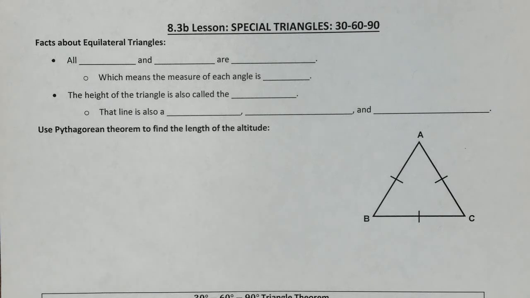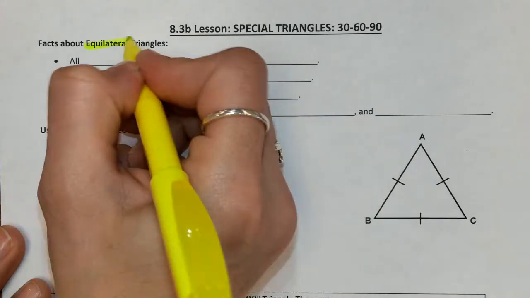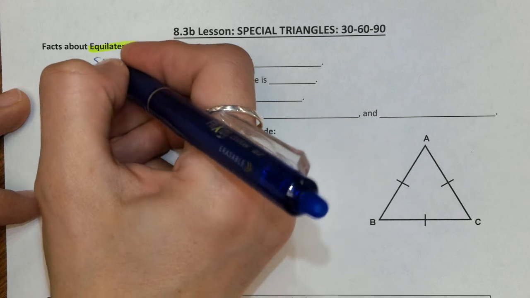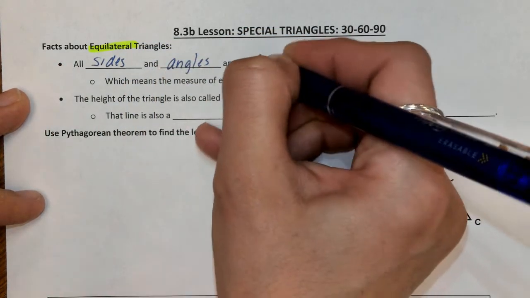All right, guys, on to our 8.3b lesson. We're going to move on with our special right triangles, and we're now going to look at 30, 60, 90s. We are now going to be looking also, instead of a square like we did with 45, 45, 90, now we're looking at an equilateral triangle, which we remember from equilateral triangle, all sides and all angles are congruent,